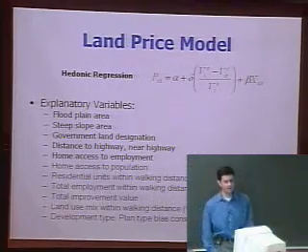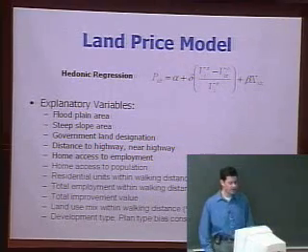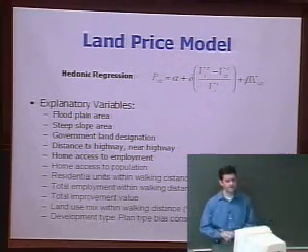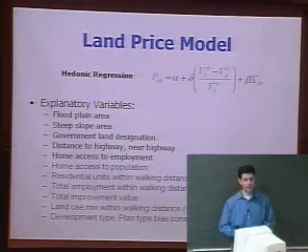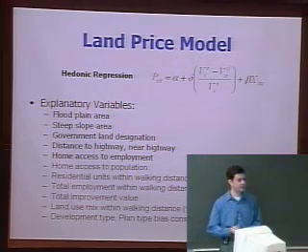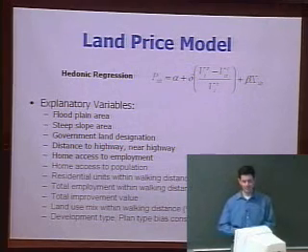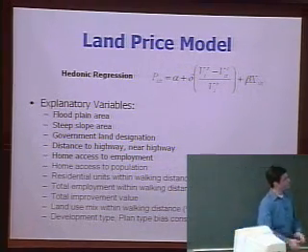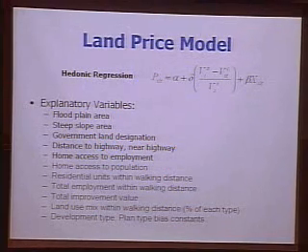Then there's this land price model. So this isn't the logit choice model. This is called hedonic regression, which is sort of similar to utility, if you think of hedonism. What you're trying to do there is measure the price of the land as a function of its attributes. So you can estimate a linear regression with this.